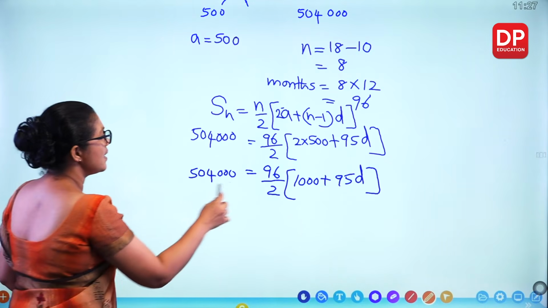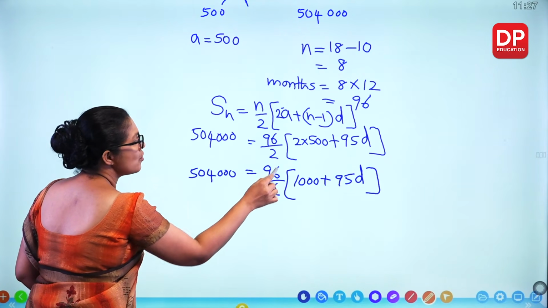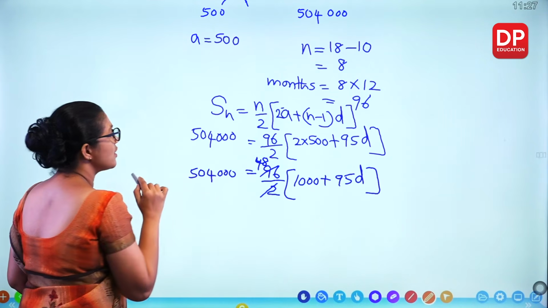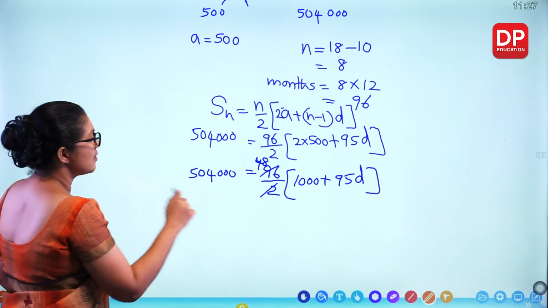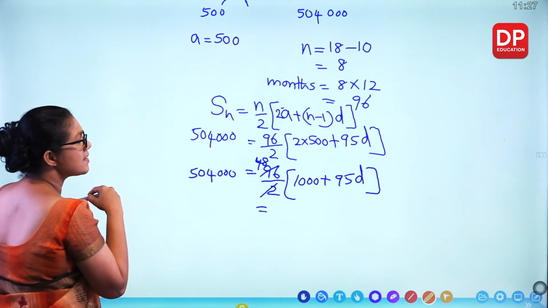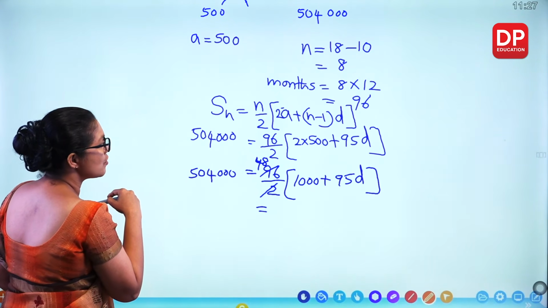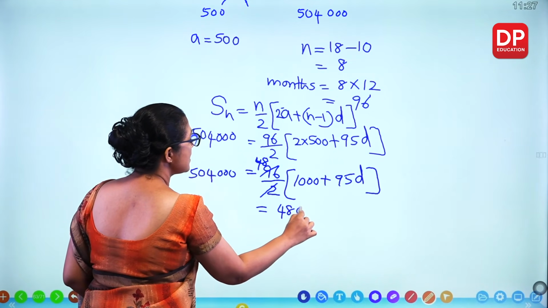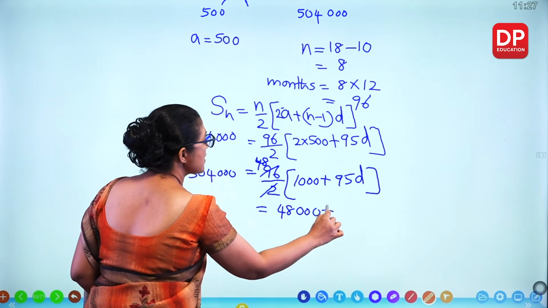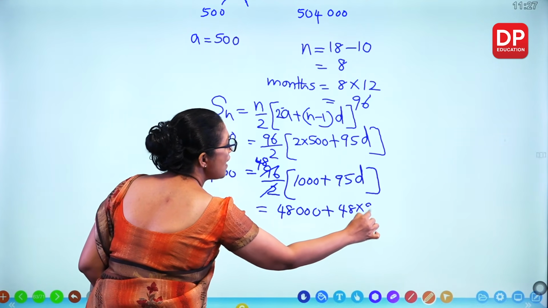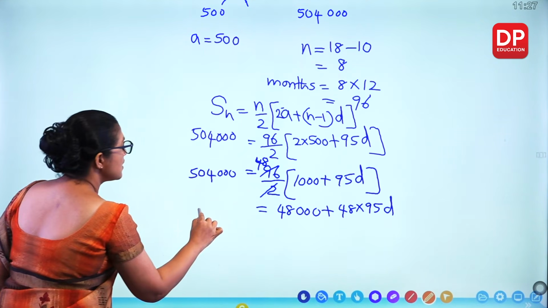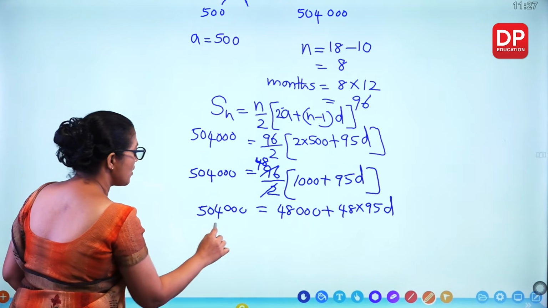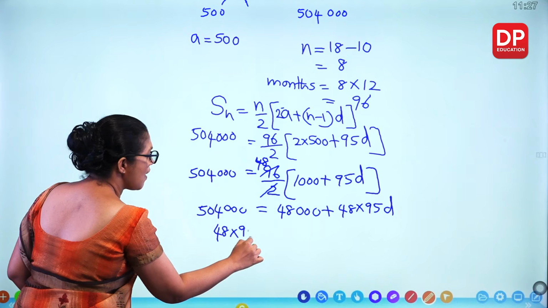I can divide by 2, 48. So when I divide by this, what you get? Or I can multiply this by 48. 48,000 plus 48 into 95D equals this amount. Now subtract this, you get 48 times 95D